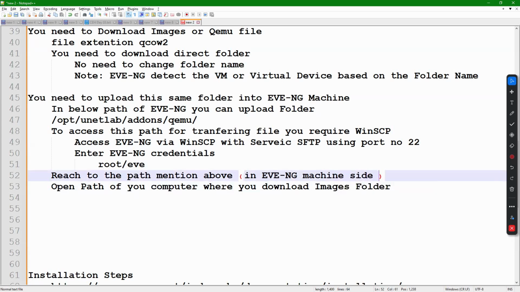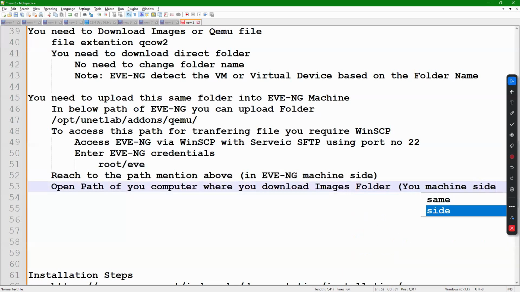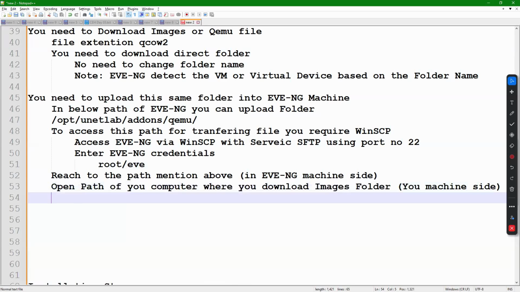This is the EVNG machine side, and this is your machine side. Okay. Then what? Copy, paste, or drag and drop.